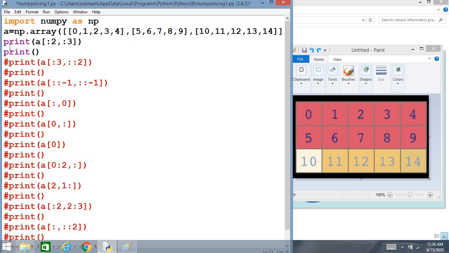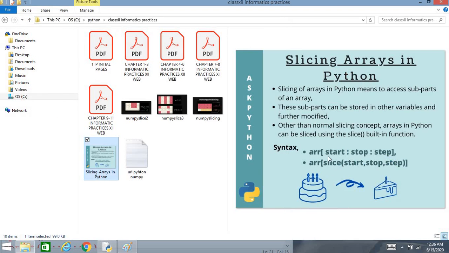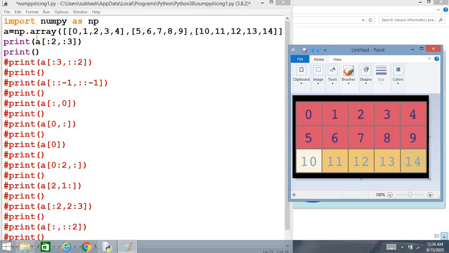The first one is print a of :2, :3. Whenever you do slicing, as told here, it will be start, stop and step. Every two-dimensional array slicing will have 2 parts, separated by a comma.